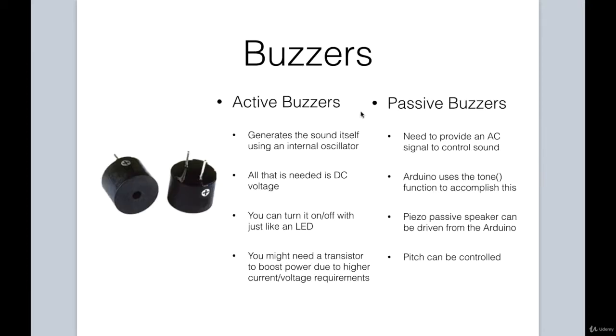Before we get to our circuit, let's talk a bit about the difference between active buzzers and passive buzzers. We will address active buzzers first. Active buzzers generate the sound itself using an internal oscillator. What this means is all you need for an active buzzer is to apply a DC voltage, similar to how you would turn an LED on and off. Depending on the buzzer, you might also need a transistor to give a power boost due to higher current or